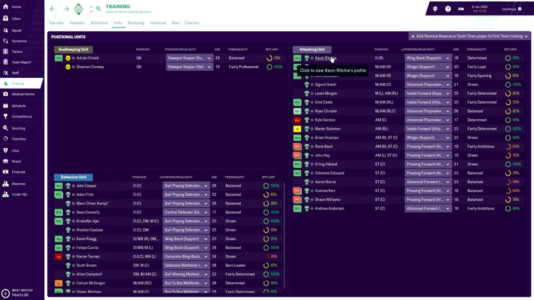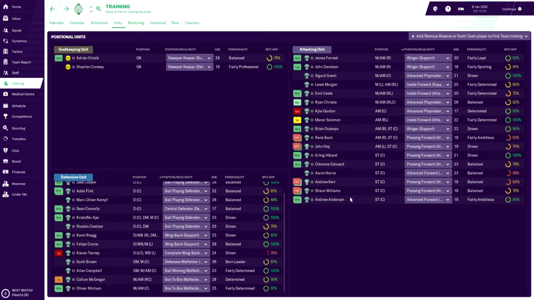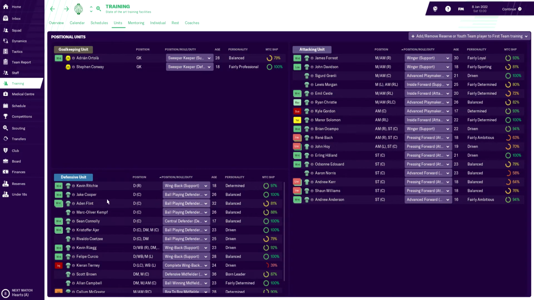doing some of their stuff. But I don't want him to do that. He's coming back over here for me. And obviously you can switch this up however you want. So if you want some of your strikers to go and play in the defensive unit, you can do that if you want to. I usually did it with some of the wing backs, but I've changed that back over